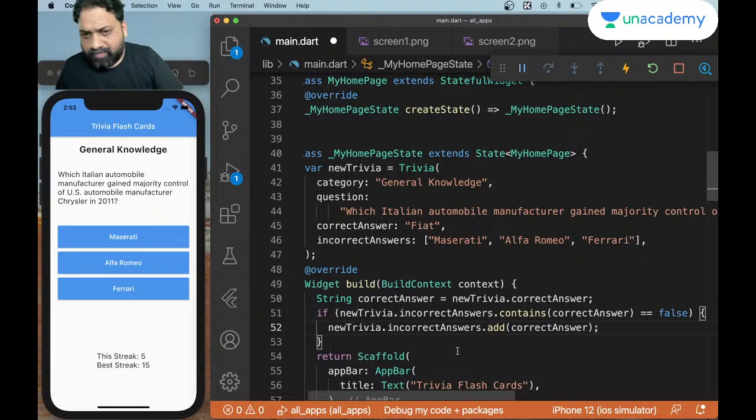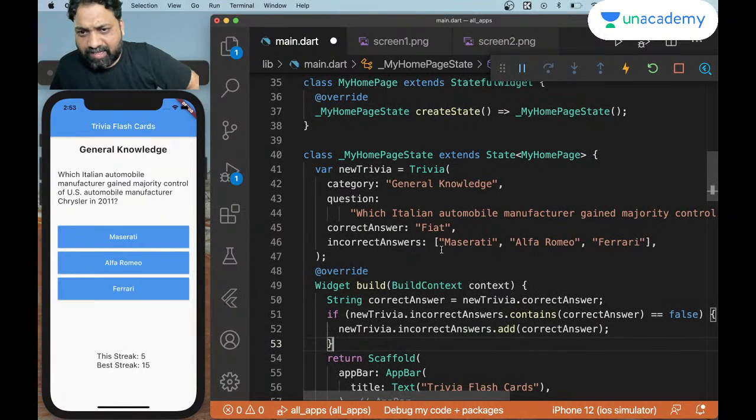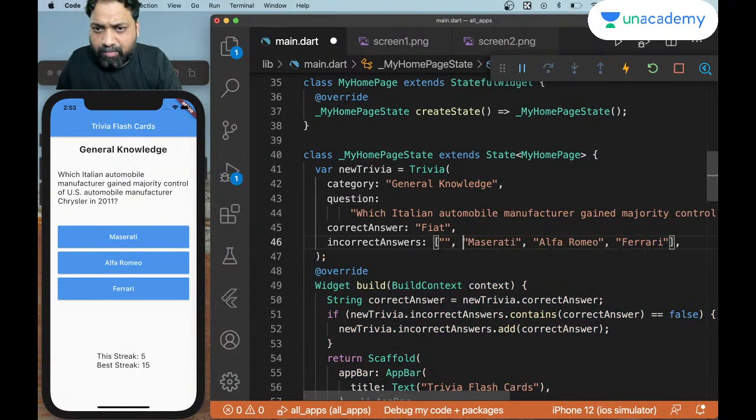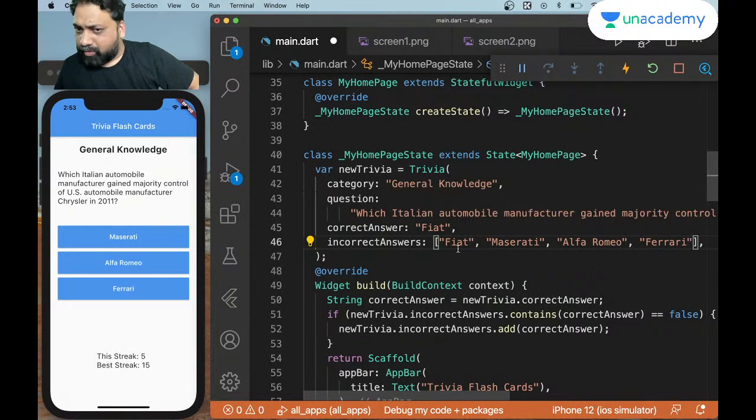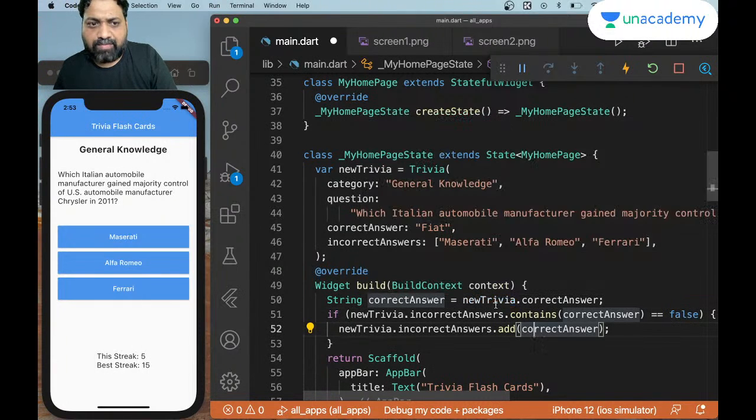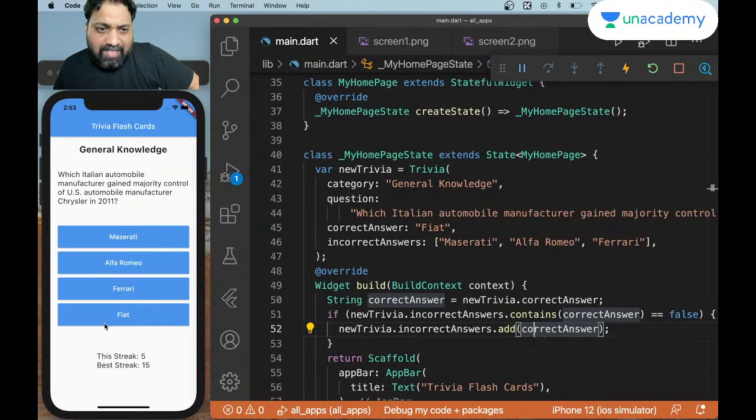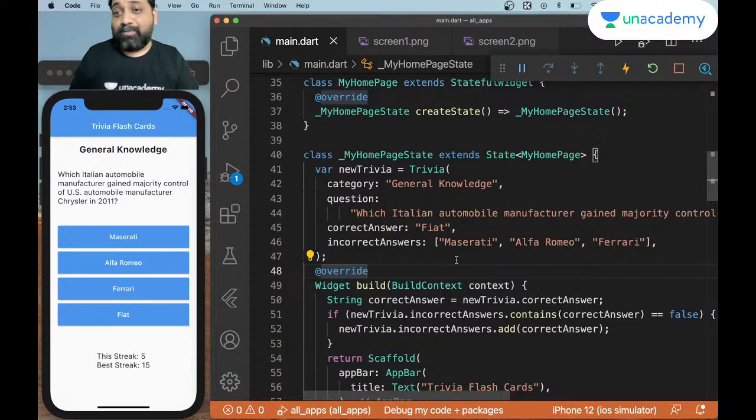Does that make sense? I check first within this list. What if the list that had come to me contained this already? Then I don't have to do it. Therefore, I'm checking, does it contain the correct answer in it? If not, if it does not contain, then add the correct answer. And if I save this, what you will see is that fiat has appeared at the bottom, which is the correct answer. Now, the problem with this approach is that the correct answer will always appear at the bottom, and